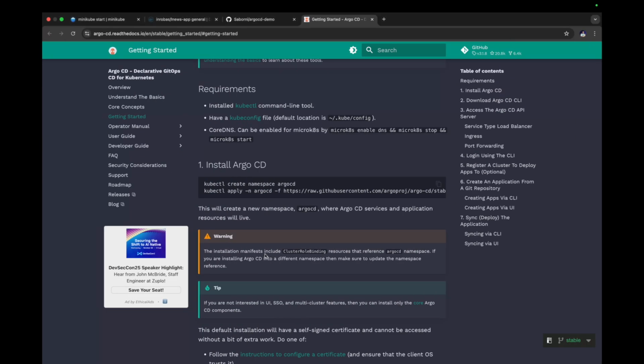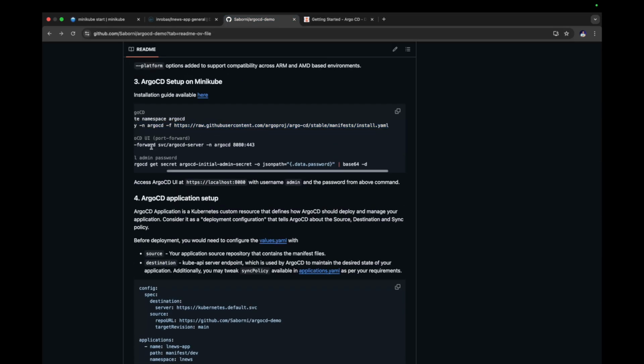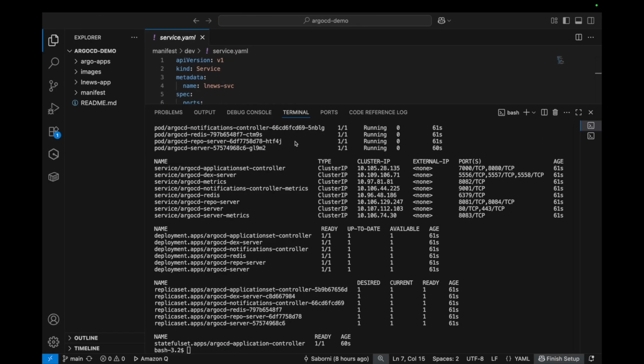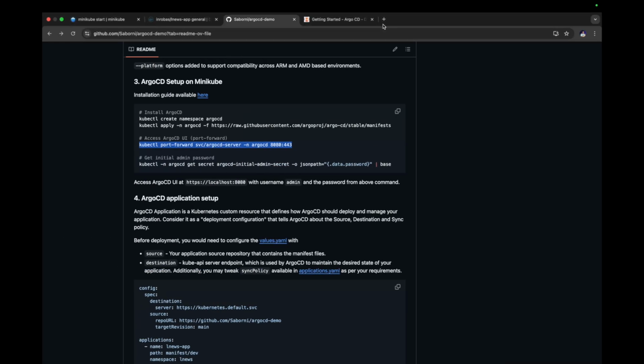Now the main thing is accessing this. So how do I access this? You have to use the kubectl port forwarding command, and this is how you can access the Argo CD UI. If I use this now, what it is basically doing is taking the Argo CD server component, which is the UI component, and using kubectl port forward to map that port to port 8080 of my localhost. So if I go over there and